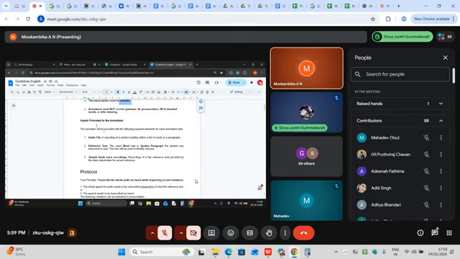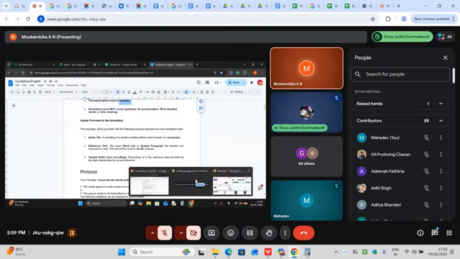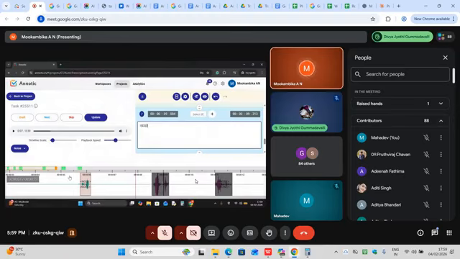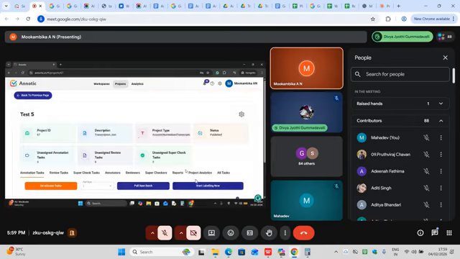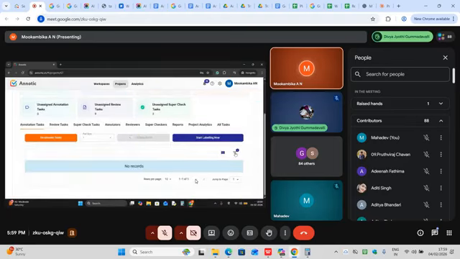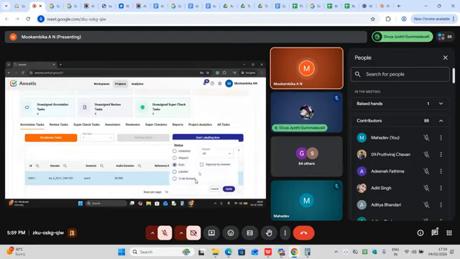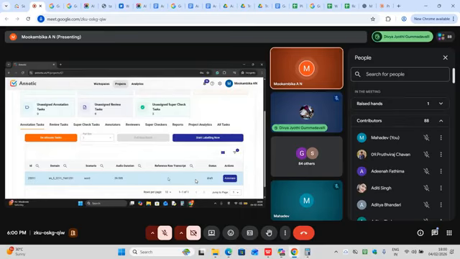So the annotator will be provided with what? The annotator will be provided with an audio file. The audio file will be given to you, and the auto segmented file will be given to you, and a reference text will be given to you. With the help of that reference text, you can do the transcription. Here actually it will be there.